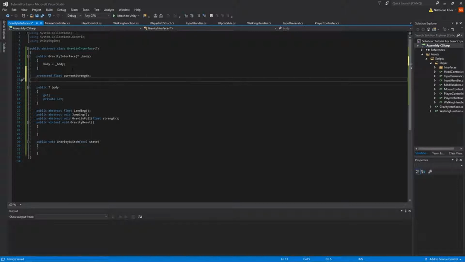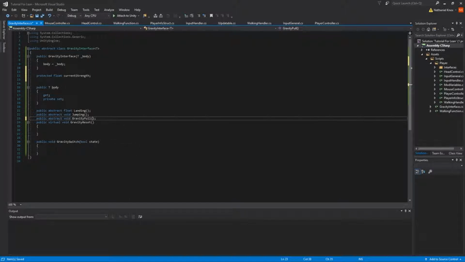So the reason it's protected is because this class isn't going to be the class that does any of the maths or the modifiers to the current strength. It won't even be the one moving things. The one that will be moving things is the gravity class, along with the jumping, which will just say, okay, here's a vector 3, in which direction are we moving? The current, when it's being pulled down, this will be a multiplier to this, saying, alright, let's just get this. Or what we can do is we can just